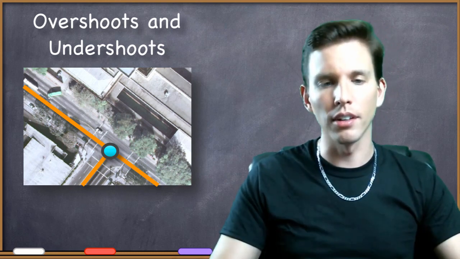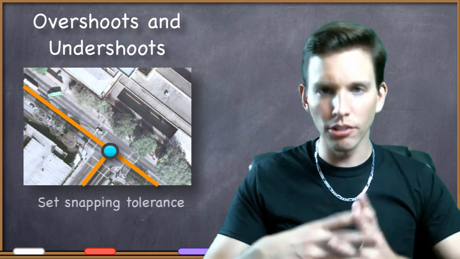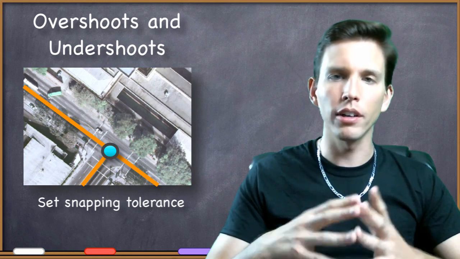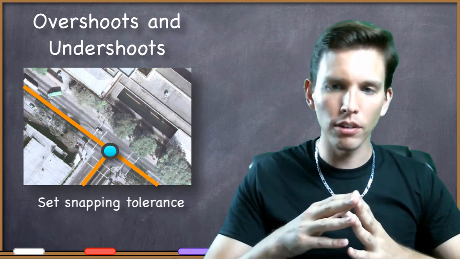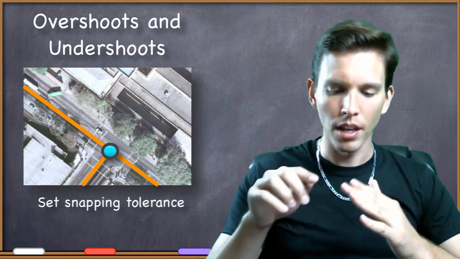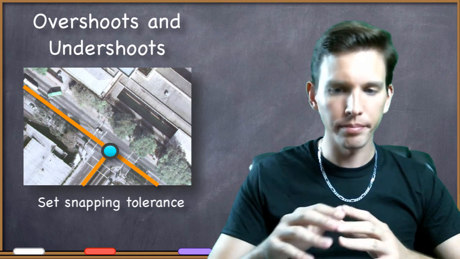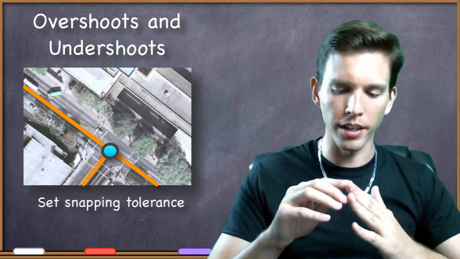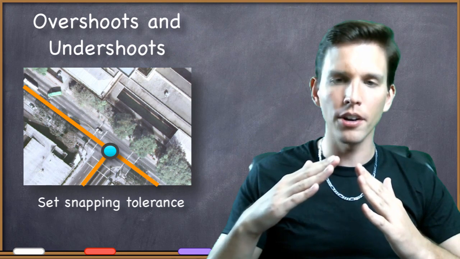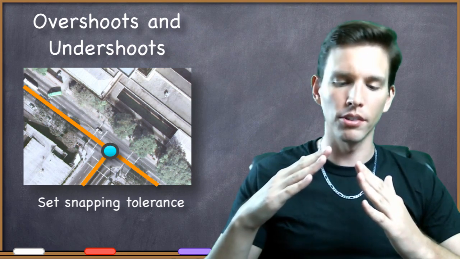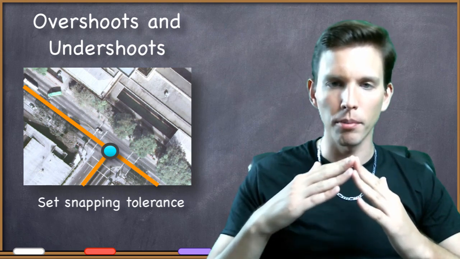So recognizing that, we could set a snapping tolerance. This snapping tolerance says that as long as I get my mouse, when I'm trying to do this digitizing, within a certain distance of an existing point, then the computer should treat it as if it were on that point. So if I'm trying to get back to this point, and I accidentally just put the other line here, if it's within that snapping tolerance, it will snap and make it that one point